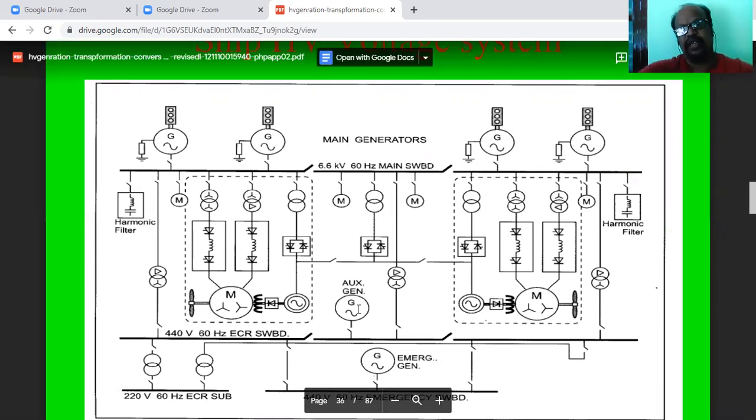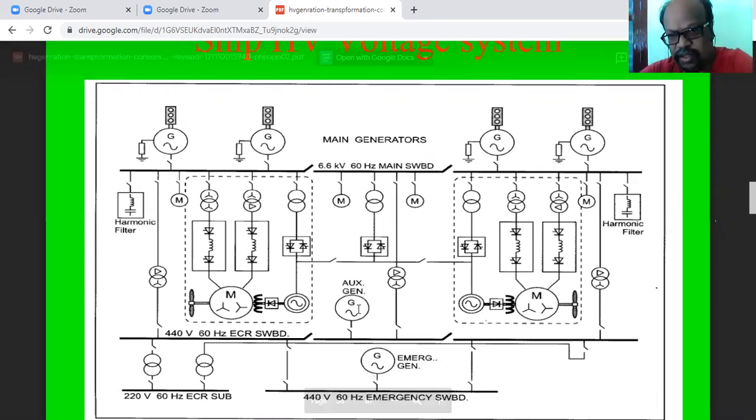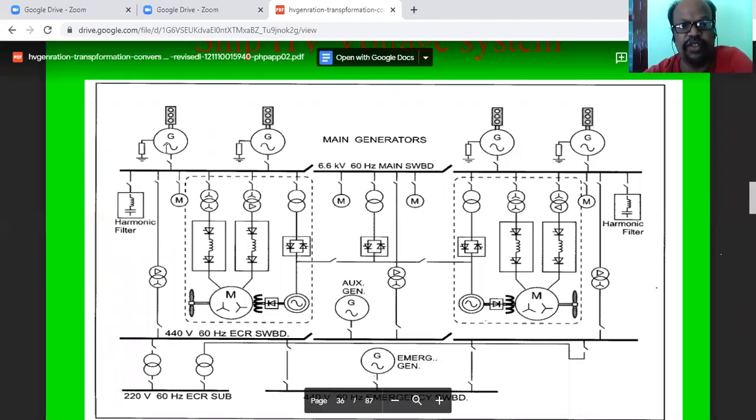will be connected. Here, as I already told, if the power requirement is, say, 20 megawatt, the 20 megawatt will be divided into four different generators. If you're able to see the upper portion, there are four generators. They are all called main generators. Each may have, suppose 10 megawatt means 2.5, 2.5, 2.5. Suppose 12 means 3, 3.